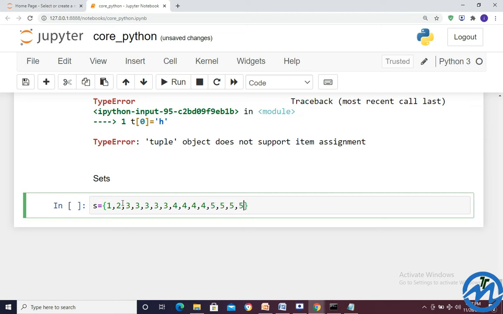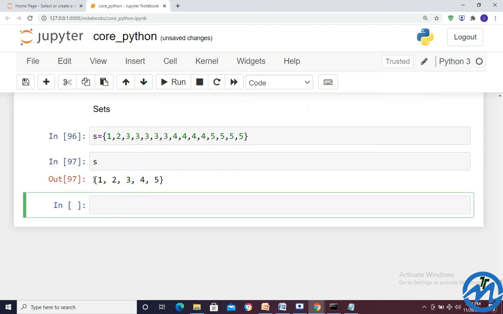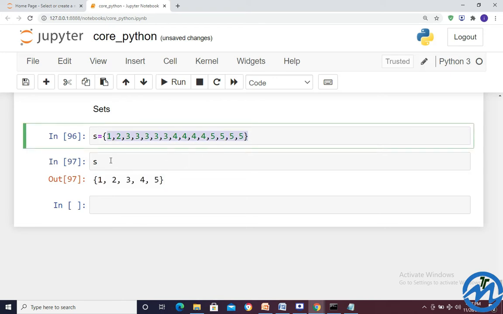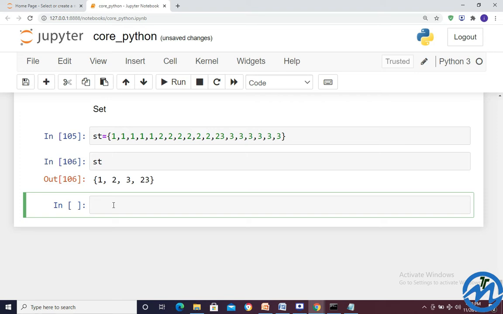Enter. In this manner we have written s. When we call this set, I have written multiple data, but when I call this, I got one entry for 1, one for second, one for third, one for 4, one for 5. That much we got.